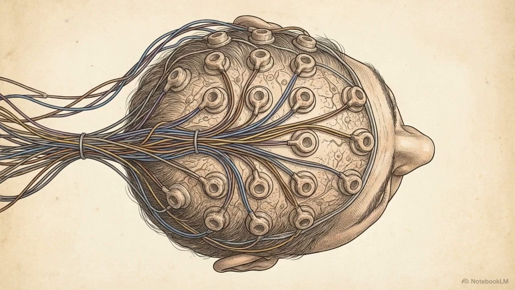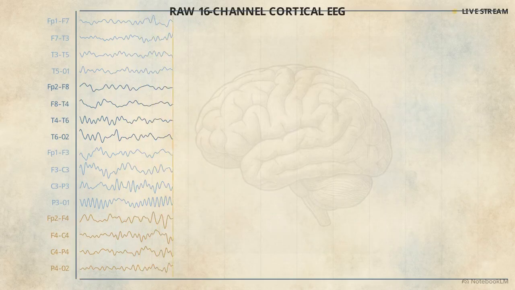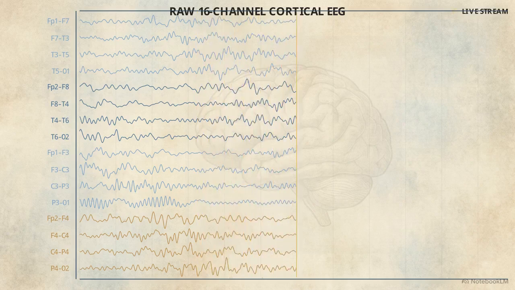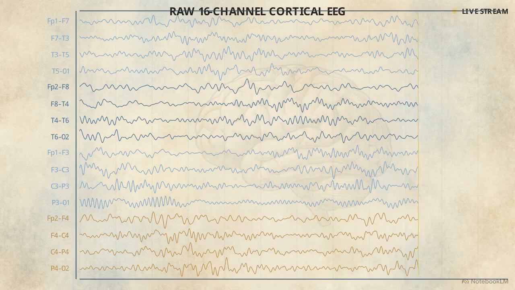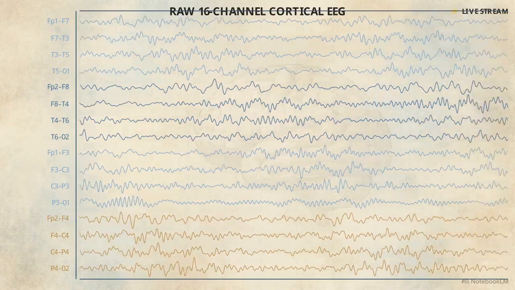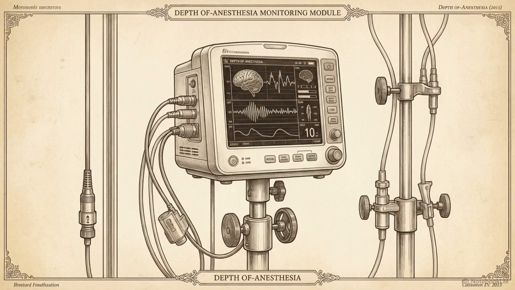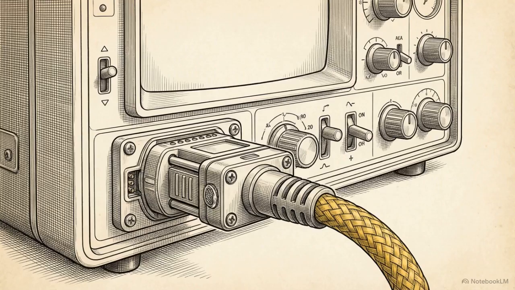To ensure unconsciousness, the gold standard is monitoring the brain itself, using a 16-channel raw electroencephalogram. However, the resulting data is a highly complex web of electrical waveforms, requiring specialized neurological expertise to interpret in real time. The practical clinical solution is the use of quantitative depth of anesthesia monitors, such as the bispectral index or